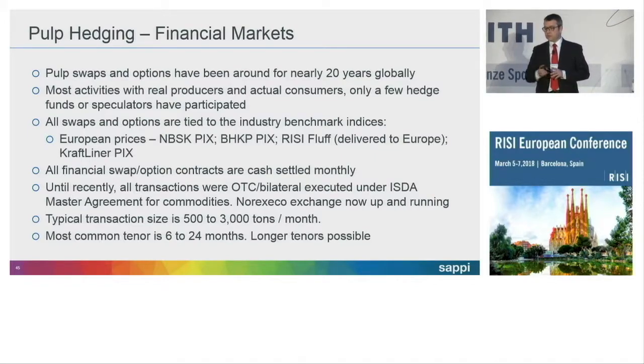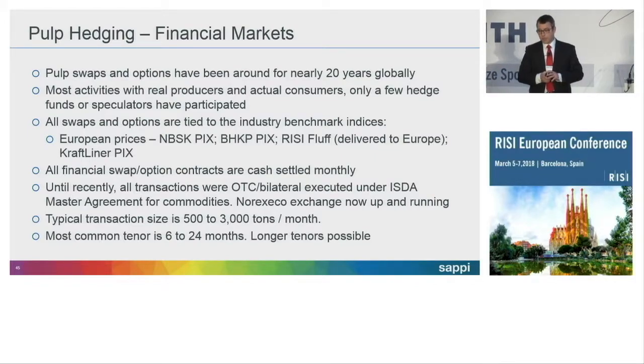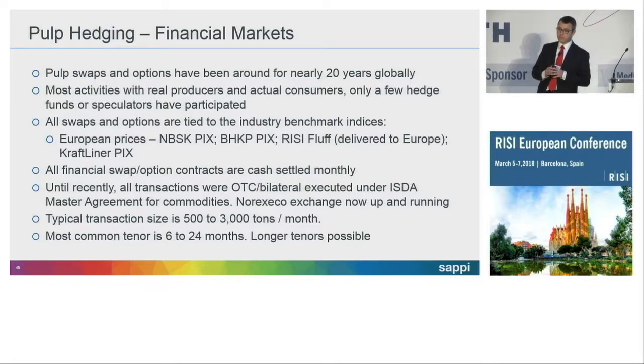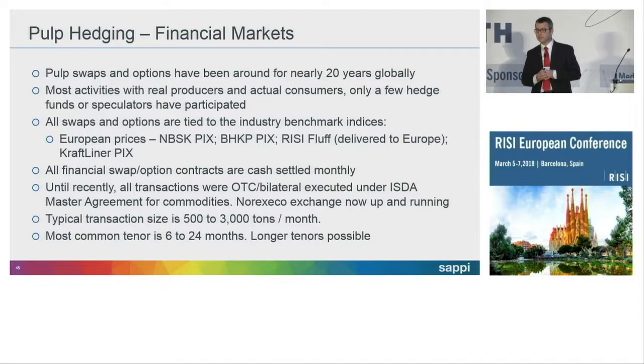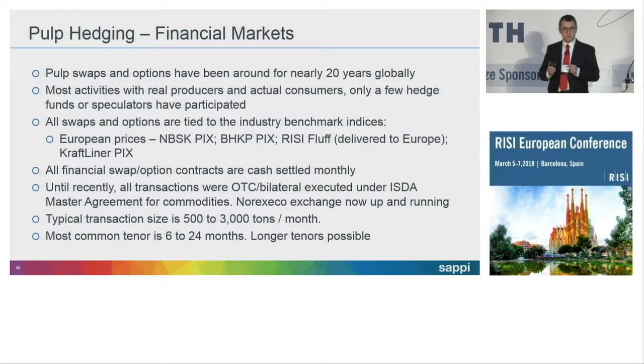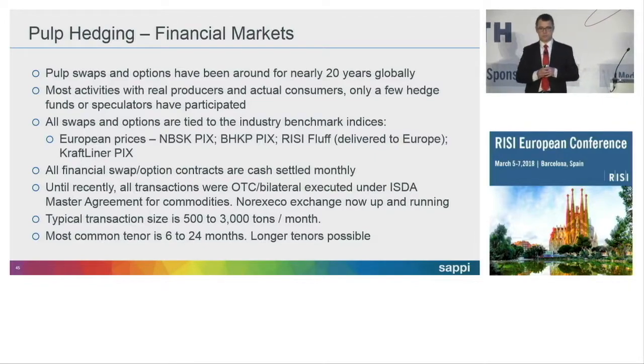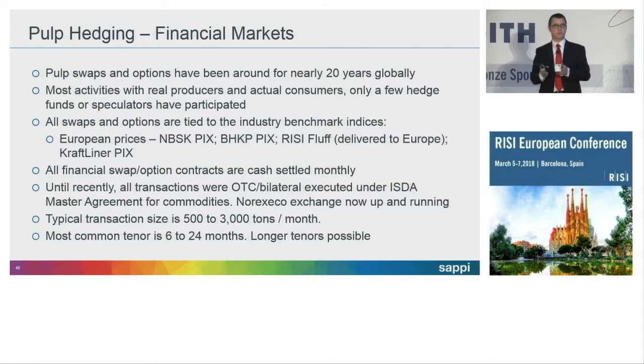Typically, they are tied to an industry benchmark. So in Europe, it's NBSK and it's BHKP, for us that we typically use, and the others mentioned there. And you would settle them on a monthly basis in cash. So you would take a position for a period of time, you would have a monthly volume, and then there would be cash that changes hands at the end of each month, typically,